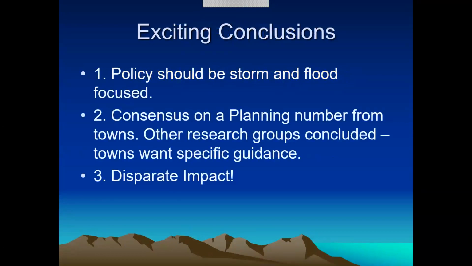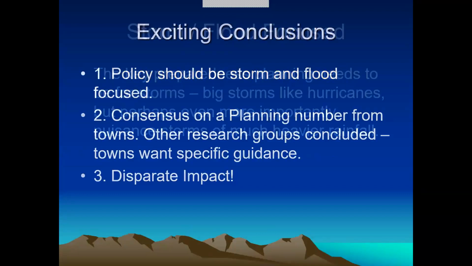and also as part of my part of the project, where the team working on this spoke to over 600 people in different groups, is that municipalities, architects, everyone, what they wanted was a planning number. They didn't want a chart. They didn't want a way to figure it out. Tell us what number we should plan to. They need that concrete impact. And the third thing is this disparate impact, that sea level rise is going to mean something different depending on where you are in the Connecticut coast.